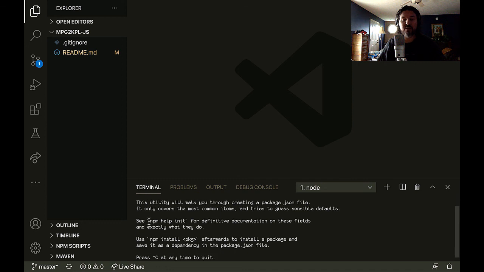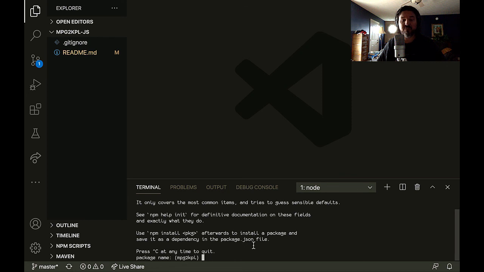You can type npm help init at the command line for definitive documentation on the fields and exactly what they do. Use npm install and then a package name afterwards to install a package and save it as a dependency in the package.json file. So package name, in this case, they've guessed basically the name of the directory,